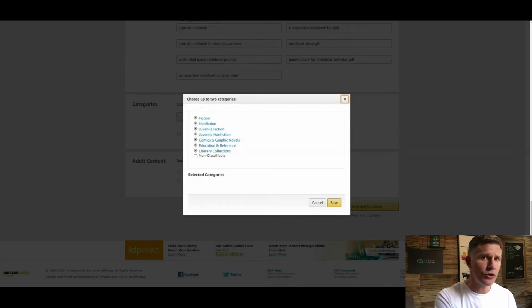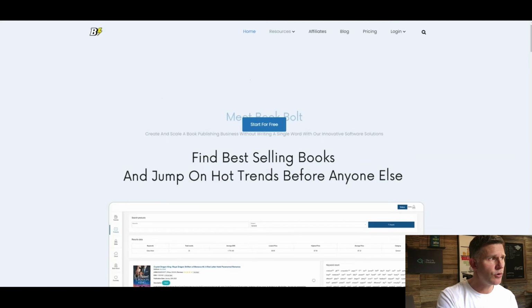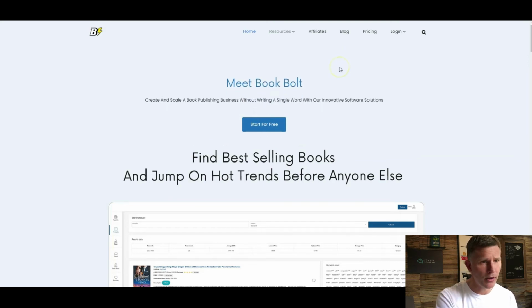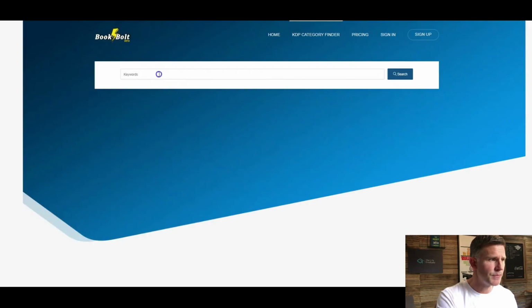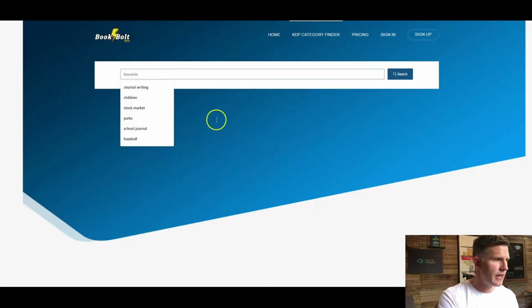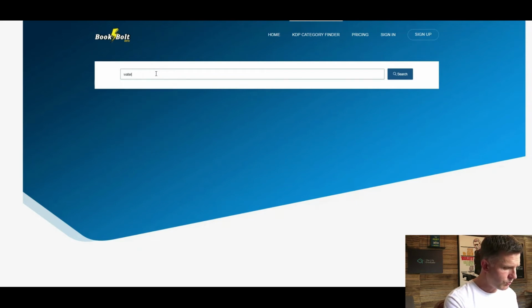Now there's another tool you might like to use, and it's called bookbolt.io. And I've got a link below if you want to use this, and I've talked about it in other videos, but they do offer some free resources, and one of those is a KDP Category Finder. So what you do, you just jump onto bookbolt.io, and then this will take you to a section where you can just do a bit of a search to find if there's any particular areas that you want to do. So for example, if we were doing watercolor,